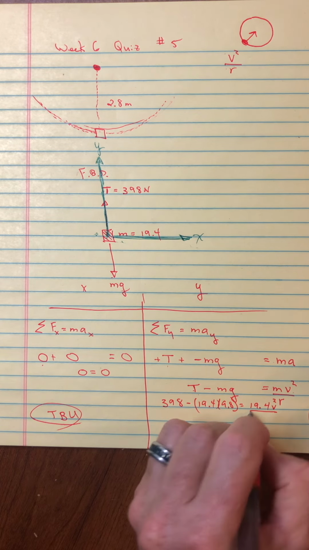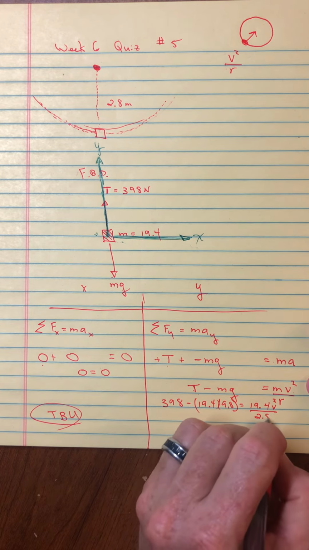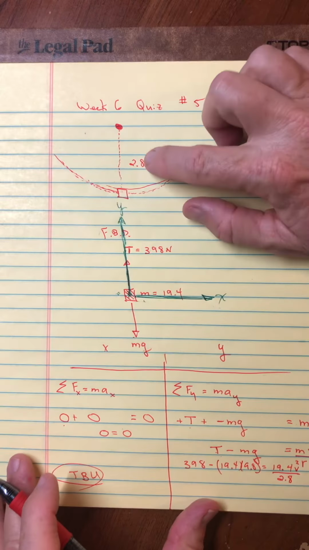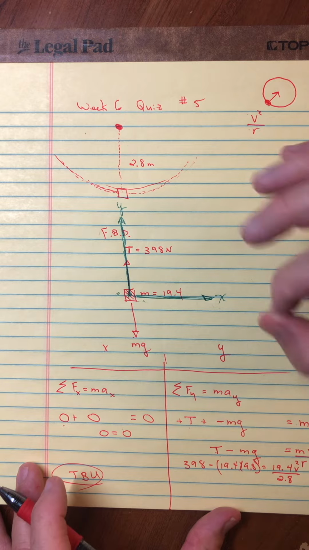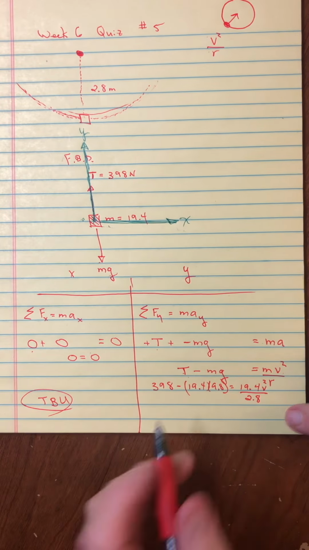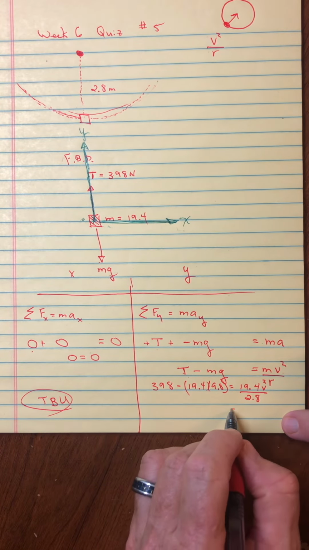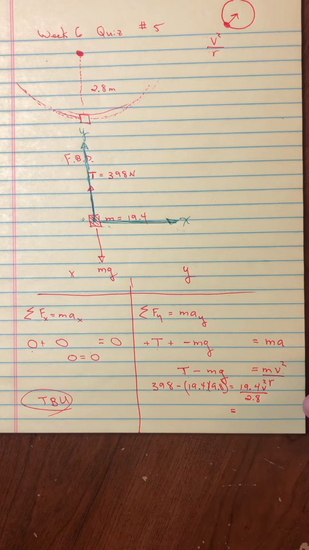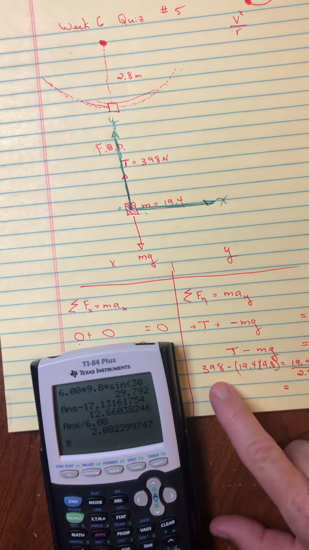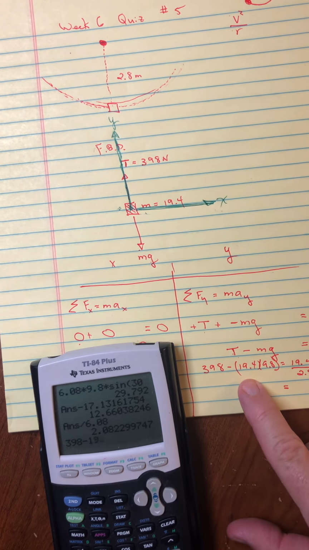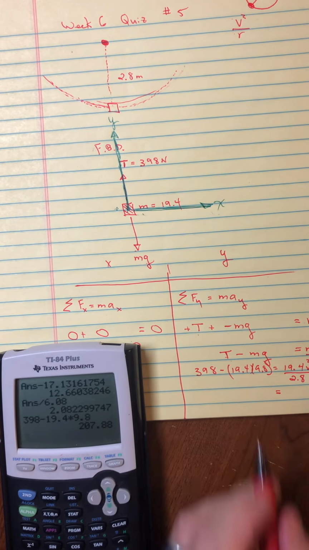V squared over the R, which, again, the R, we got to kind of deduce from the length of the string, the length of the chain, 2.8 meters. And probably didn't give myself too much work, but I think I can just squeeze it in here. 398 minus 19.4 times 9.8 gives me